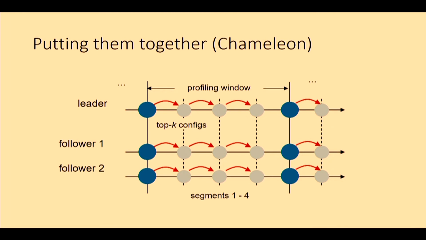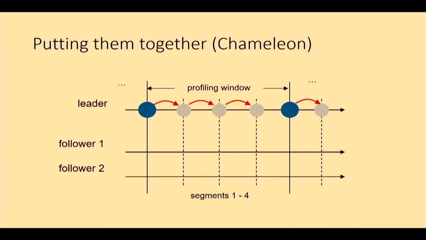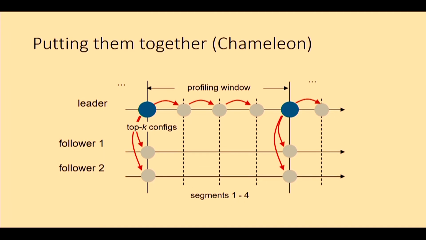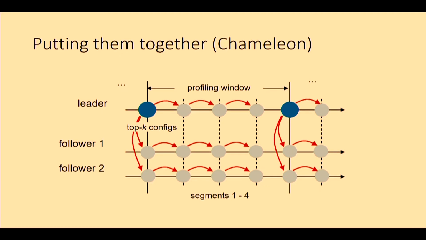But as you can see, one thing we're not taking advantage of is the cross-camera correlations here. So we can do that too. Now, instead of doing the same thing for each camera separately, we'll take the top K configurations from the leader camera and pass them on to the follower cameras. And then the follower cameras can apply temporal correlation to carry it through over time. So we've taken this big blue box and reduced it to basically one profiling per segment per group of cameras, which is a substantial reduction.